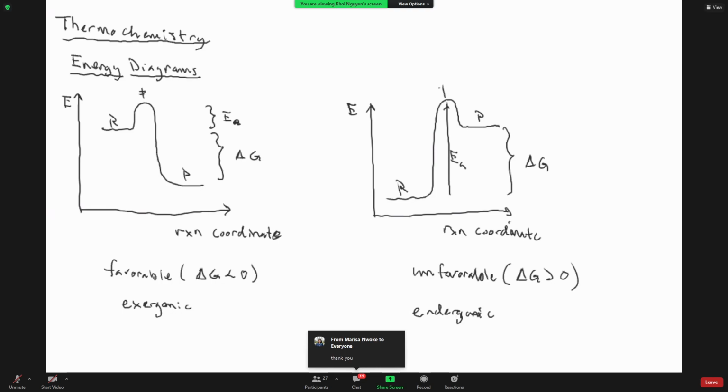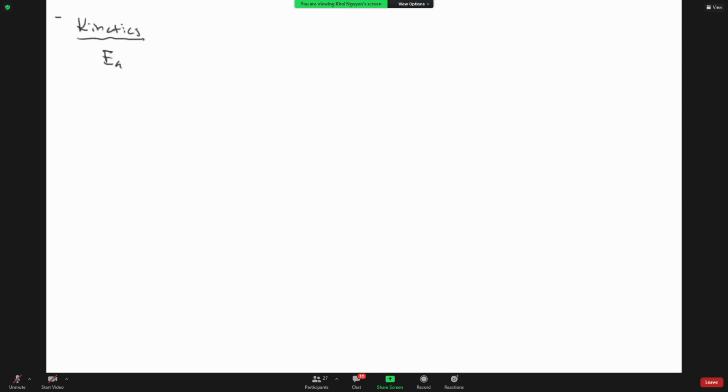That's what we're going to determine later for kinetics as your rate determining step. Getting to that transition state means you have to overcome this activation energy barrier. So the rate of kinetics is always determined by the activation energy that you have to overcome, versus